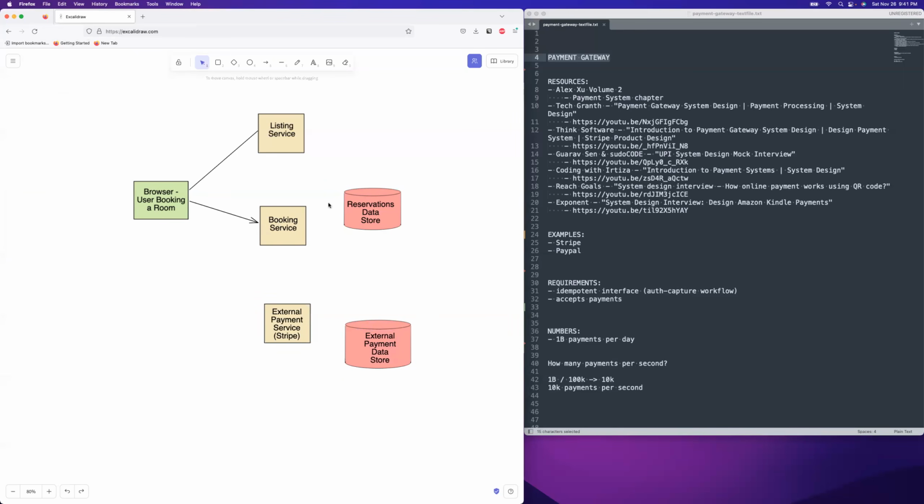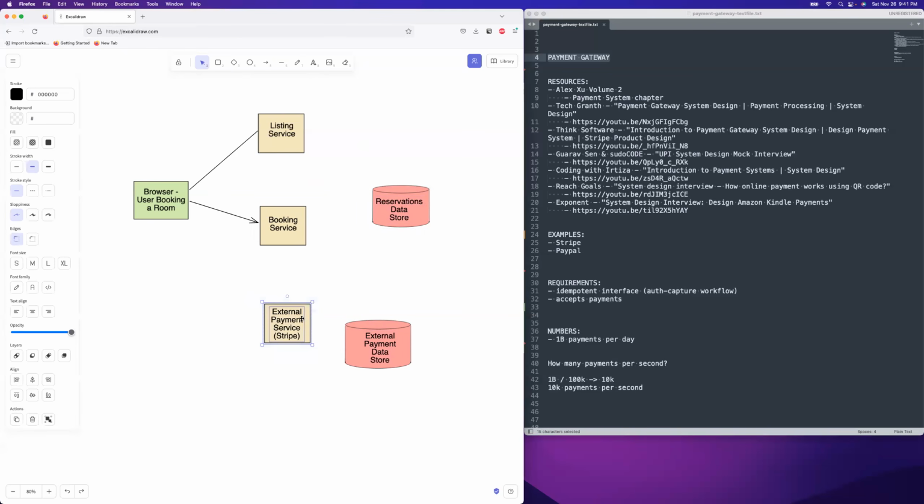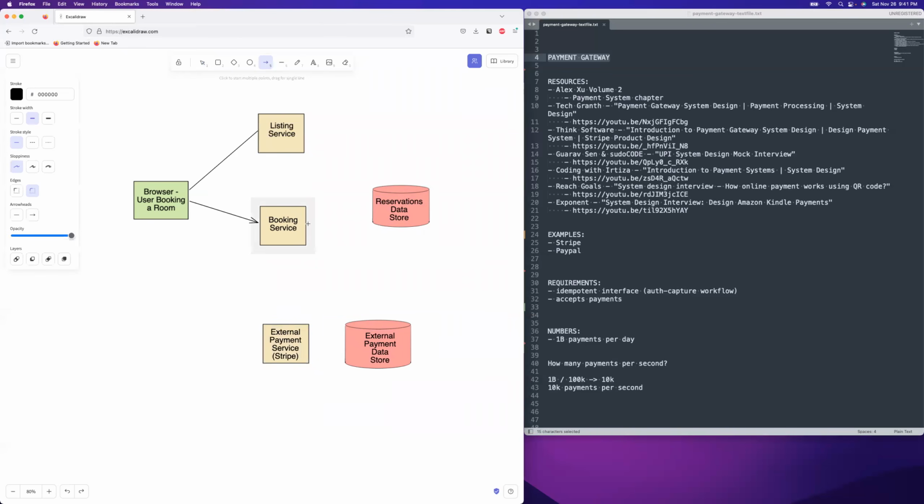So you're going to have a reservation tracked in your own systems, but there are all these external services that don't belong to your own system, where you have to actually handle the money aspect. The issue is when you're talking to this one, and this one actually does the payment, you need it to be idempotent. You can, of course, set up retries, but if the retries aren't idempotent, the issue is that when you have a call coming into your service,